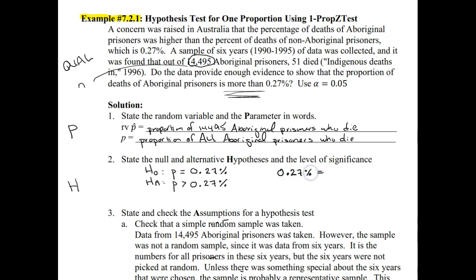Now, remember that percent sign literally means divided by 100. That's what the symbol stands for. So this is 0.27 divided by 100, and if we compute that, we get 0.0027. So in place of 0.27%, we could also put the number 0.0027. That would be equivalent. And then we're going to test this hypothesis. It gave us the level of significance was 0.05. So remember, that is our cutoff between usual and unusual events. That's the cutoff we used in the last unit as well.